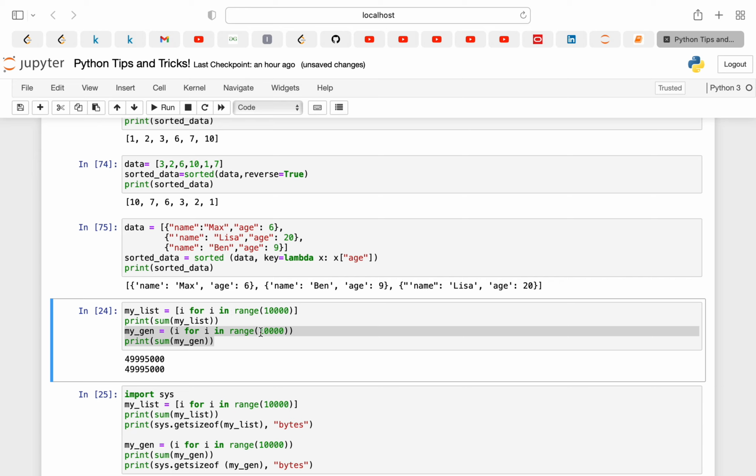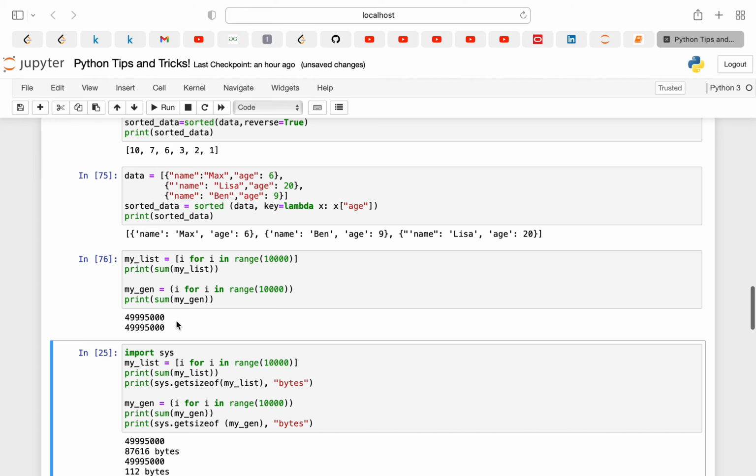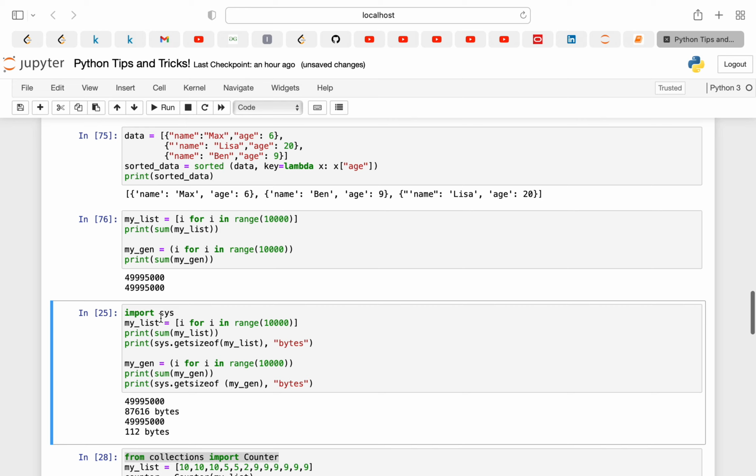Now the next one is one of the important concepts. Suppose you're working with some numbers in a range and you are finding the sum of it. As you can see, in both cases, I'm generating the sum of numbers in the range of 1 to 10,000, and I'm getting the sum. But here I'm using an array approach, and here I'm using a tuple. What will a tuple basically help us with? A tuple will occupy less memory than an array. To verify it, we are going to use the getsizeof method, built in by the sys package from Python.